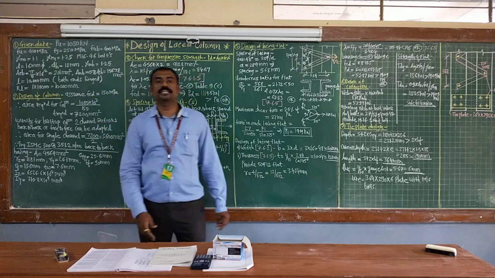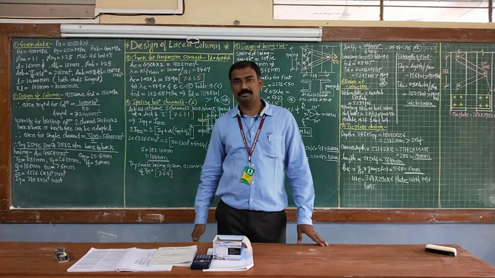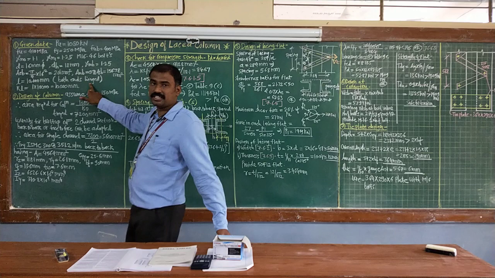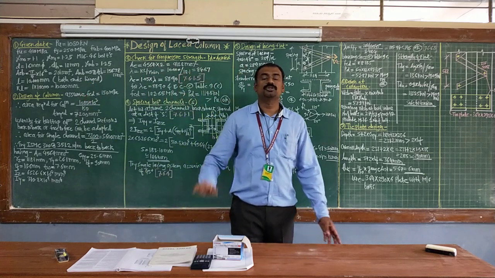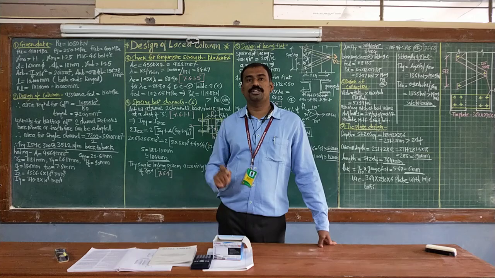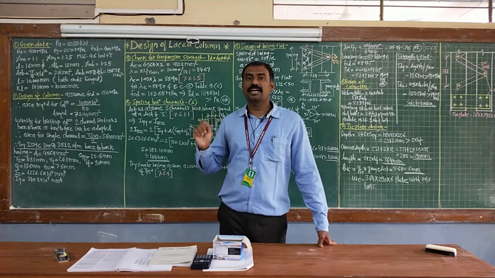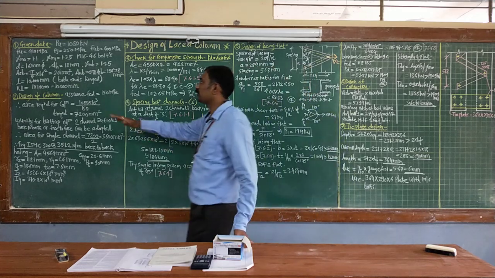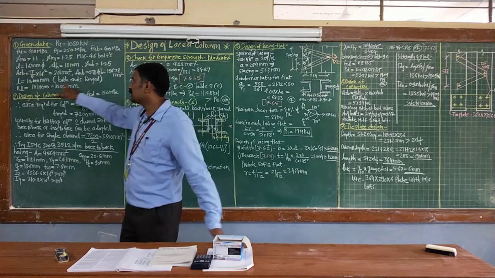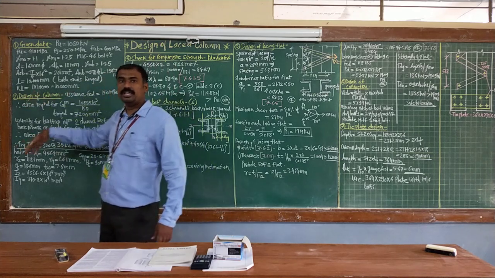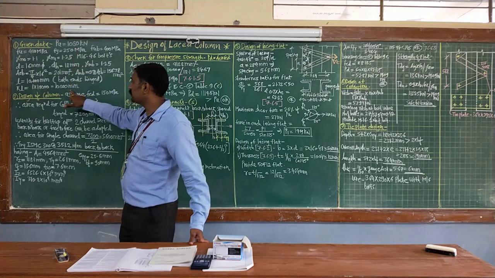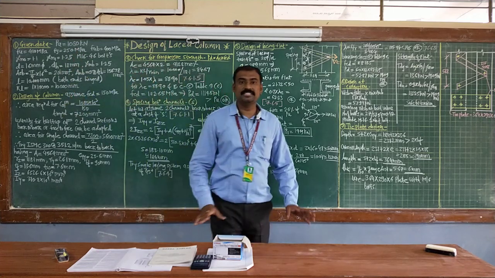Length of the column given is 10,000 mm, that is nothing but 10 meters height of column. And the end conditions are mentioned as both ends hinged. According to Table 11, page number 45, you need to refer to the end conditions, and according to the rotation and translation provided, whether it is restrained or not restrained, depending upon that you need to define the length. So for both ends hinged, the K value is equal to 1. Therefore the effective length is the same value, equal to 10 meters or 10,000 mm.